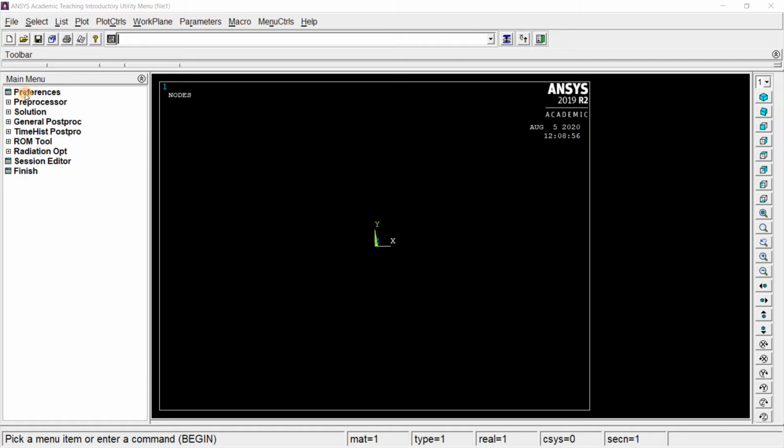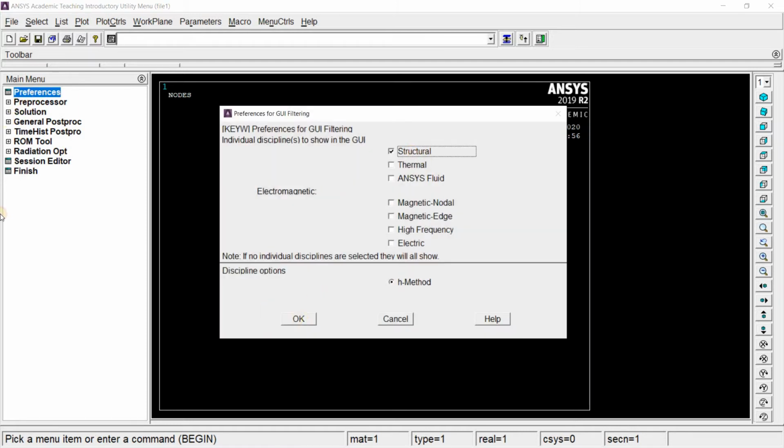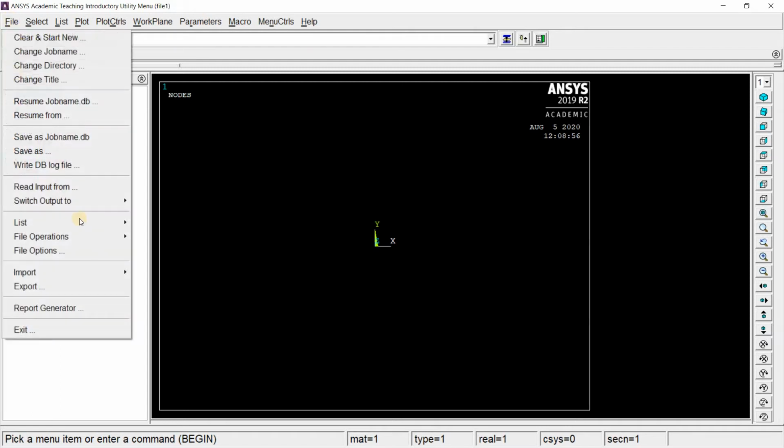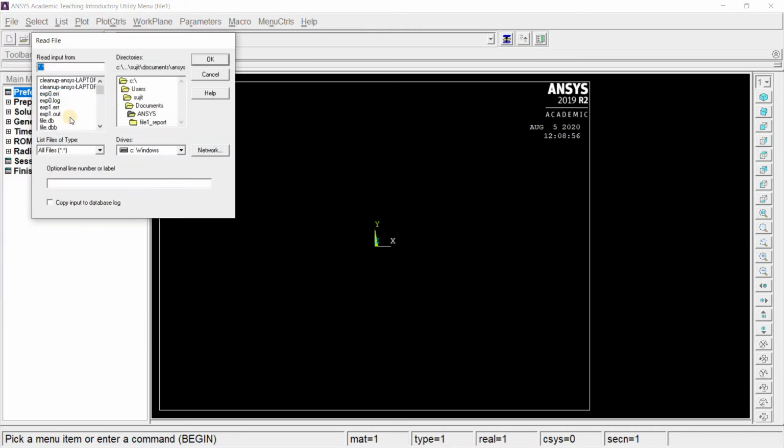First we must go to preferences and select structural. Now we must import the aeroplane wing model which is inbuilt in ANSYS. Go to file, read input from.